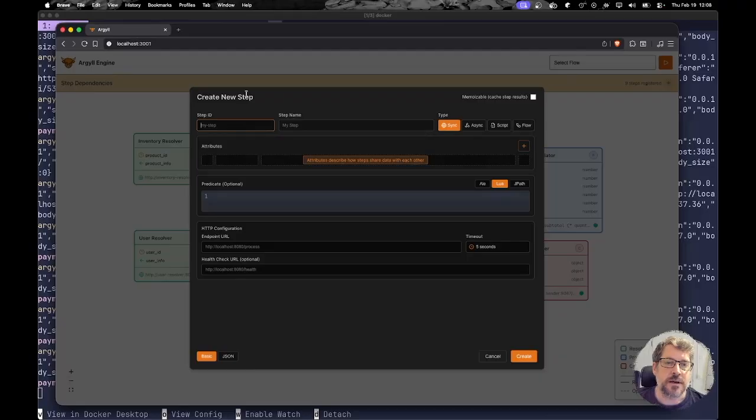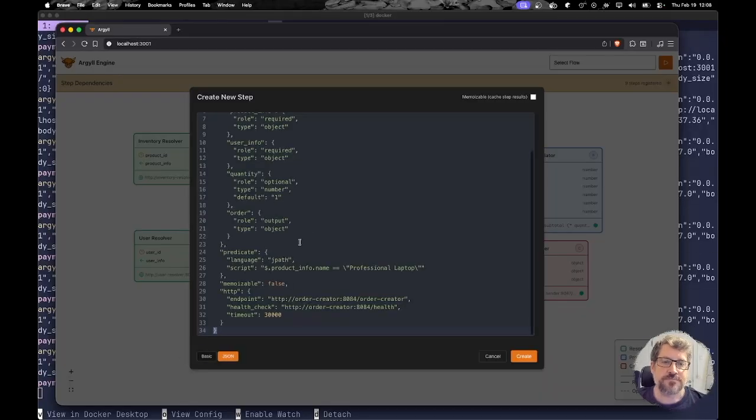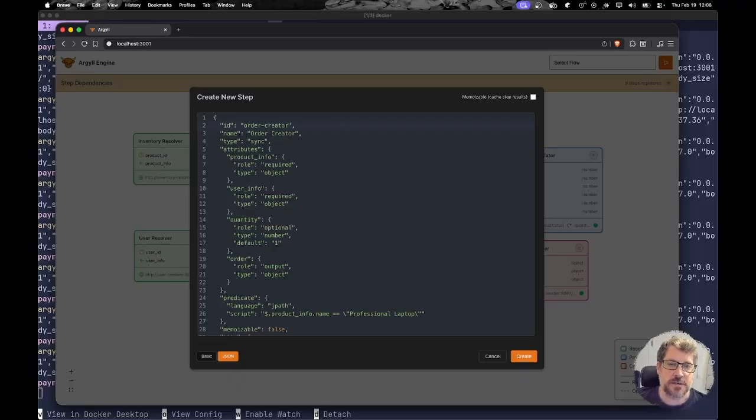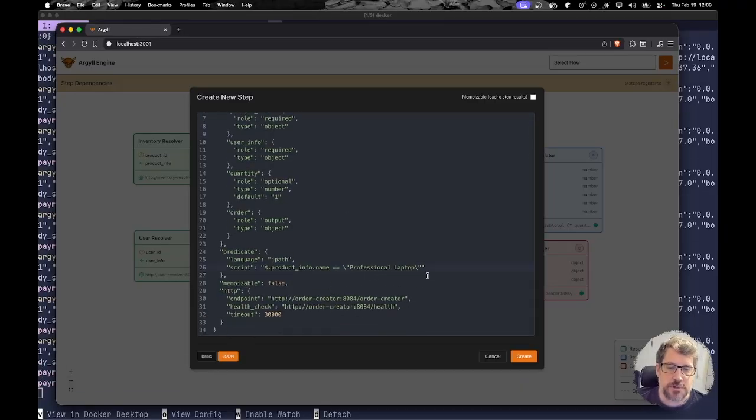I'm going to call it order creator 2, just to get that out of the way. And I'll switch to the JSON. And the idea there is I'm going to change the predicate. So I'm going to create a mutual exclusion. Now, if it's product info.name not equal professional laptop, now you have sort of the conditionality, like the branching